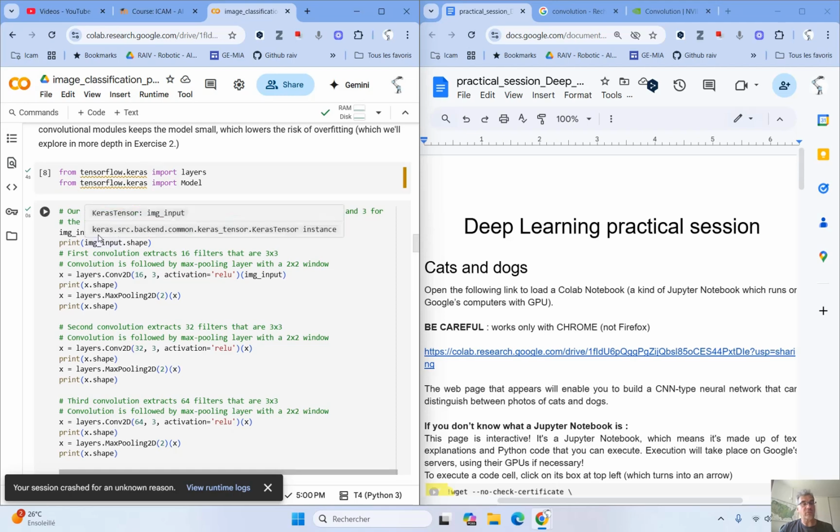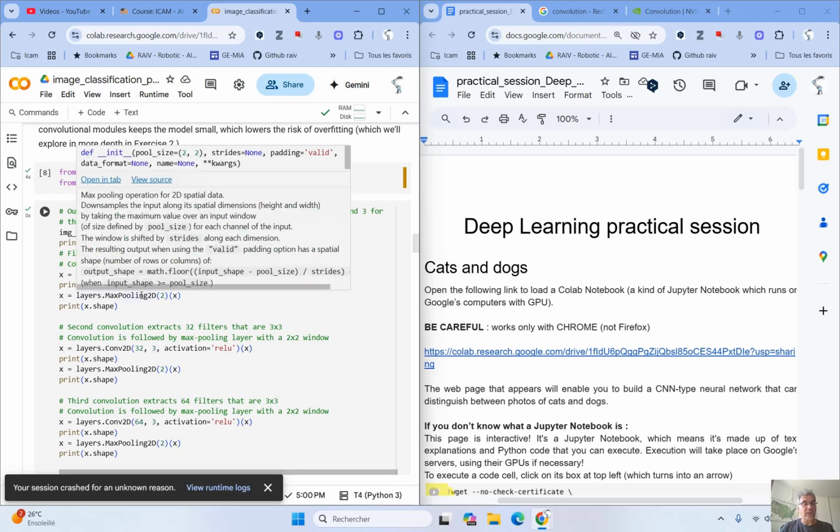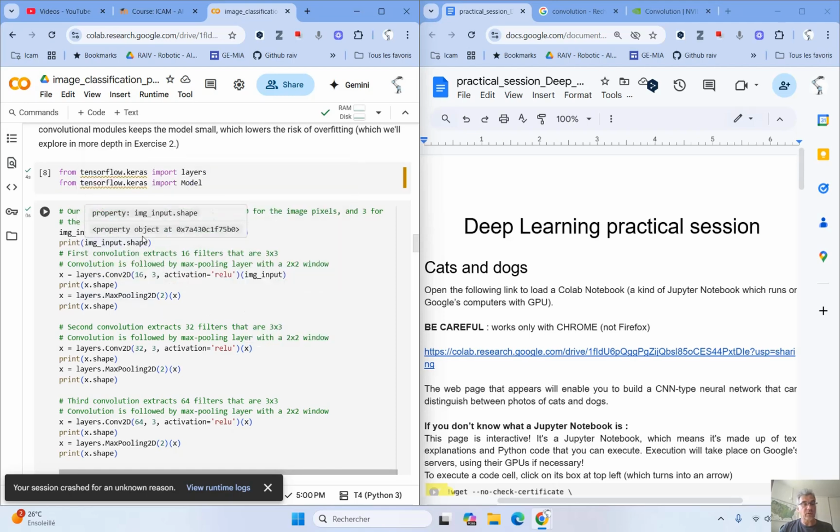So we start from the input layer here. For the input layer, the shape is 150 by 150, so we will have to resize all the images to fit these dimensions. And 3 means that we have 3 planes, red, green, and blue, because we have color images. So this is a 3D tensor which represents the image.